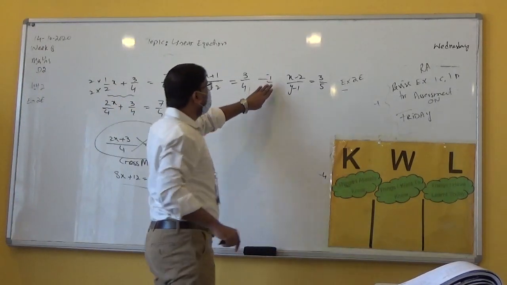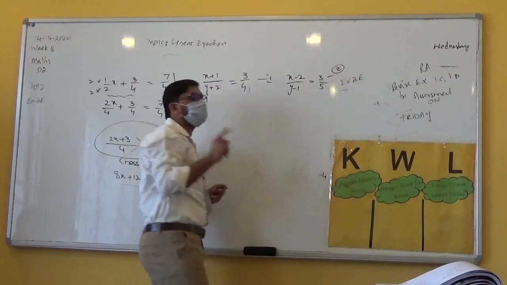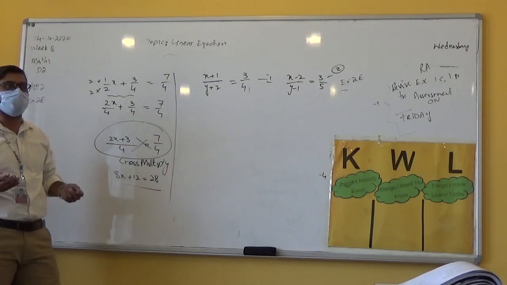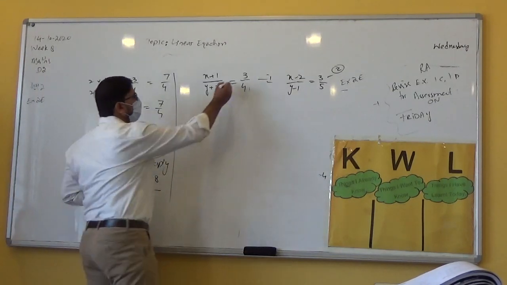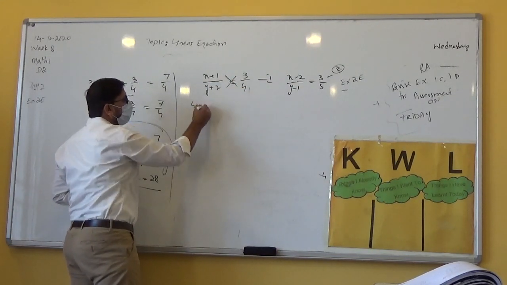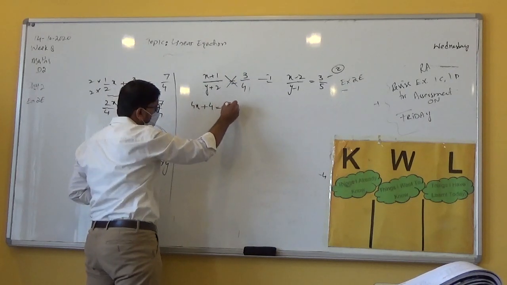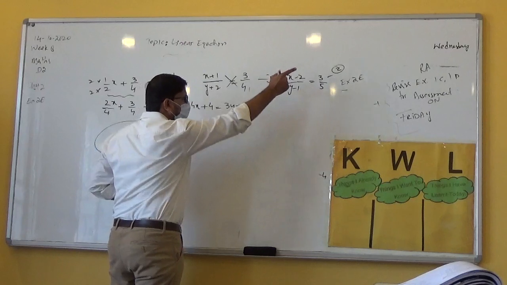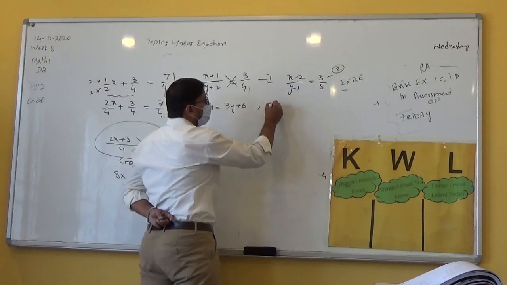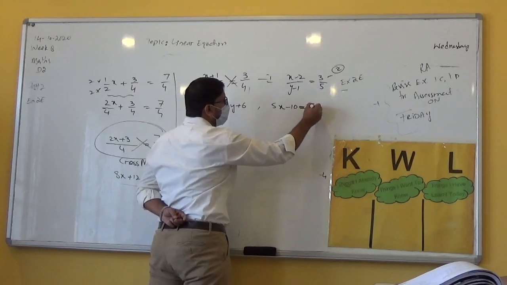So over here, in equation 1 and equation 2, you are already given a single fraction on both sides of the equality sign. So the very first step is cross multiplication. Okay, go for this one. 4 times x is 4x, and 4 times 1 is 4. 3 times y is 3y, 3 times 2 is 6. That's great. And the same in the second equation: 5 times x is 5x, minus 5 times 2 is 10, is equal to 3 times y is 3y